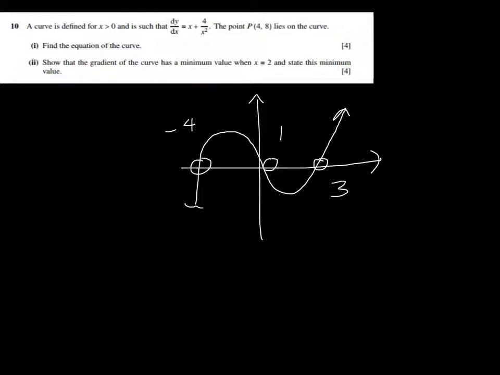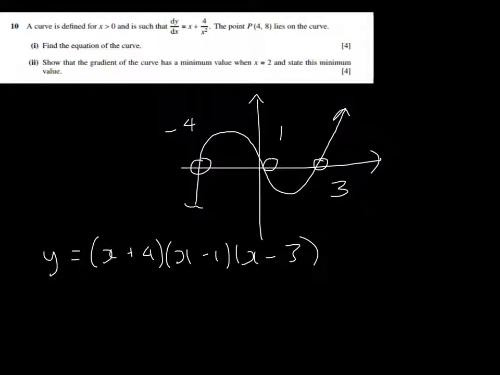Now, a little bit about cubics is they are polynomials that have a power of 3. And in this case, they look pretty similar to quadratics in their factorized form. The equation of this one, for example, would be x plus 4, x minus 1, x minus 3. Now, you don't need to know about cubics and how they're factorized and all that kind of stuff. Really quickly, see how the x-intercept is -4. That means that in the equation form, it's x plus 4. It's like quadratics, where it's the opposite to what's inside the bracket. Anyway,